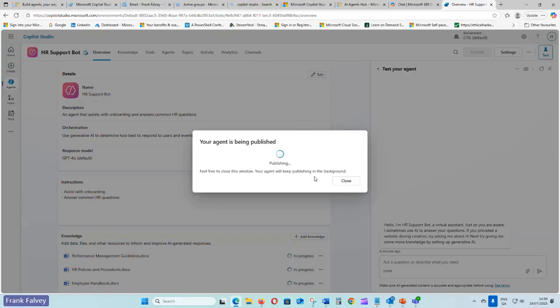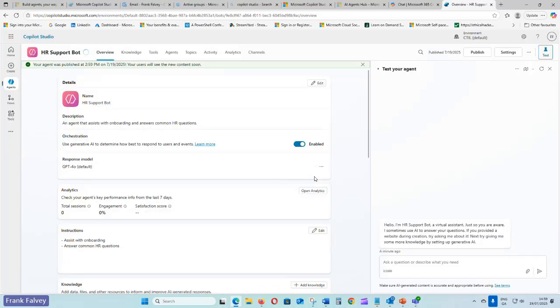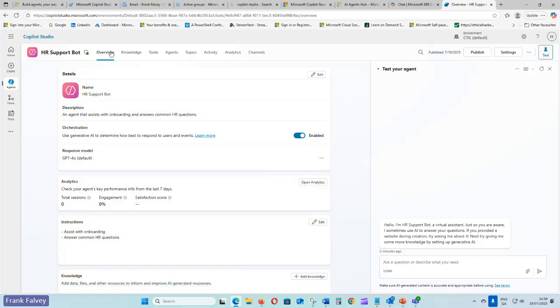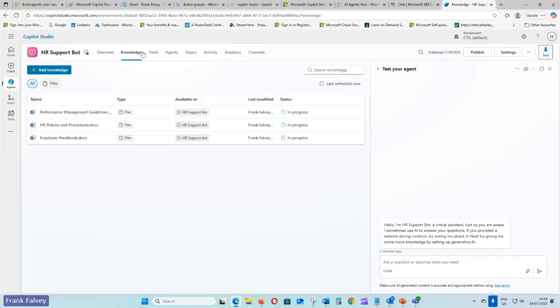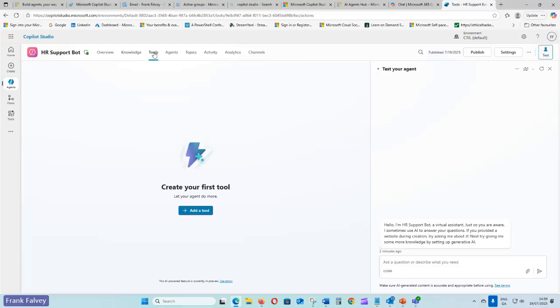So your agent is being published, and this is pretty quick as well. So you can see your agent is published. Up in the top here, there's different tabs like the overview. We're on the overview, and then you've got the knowledge. The knowledge is the articles we put in, then the different tools.